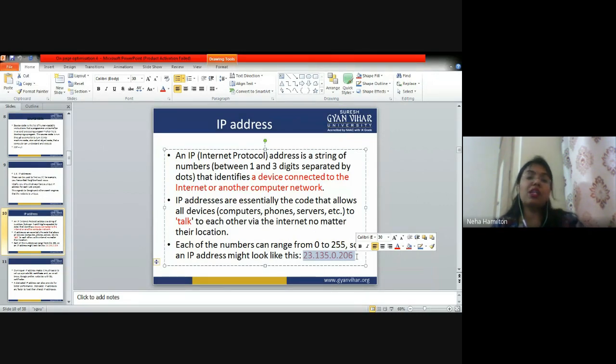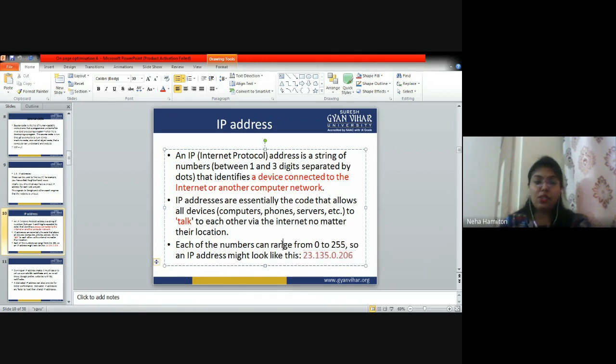IP addresses are essentially the code that allows all devices. Now, what are the devices? Computers, mobile phones, servers, etc., to talk to each other via the internet, no matter their location. Each of the numbers can range from 0 to 255. So an IP address must look like this. So this is a very important question from an exam point of view. The examiner can ask you, explain IP address. Or if you are having an MCQ question, they can ask you